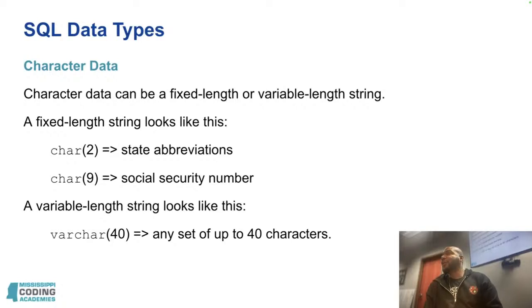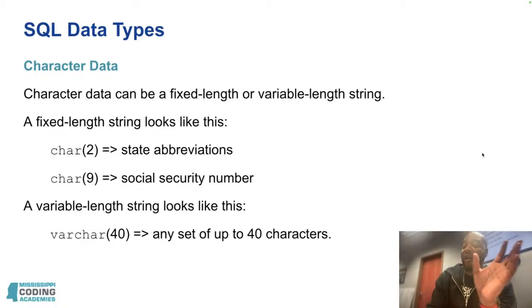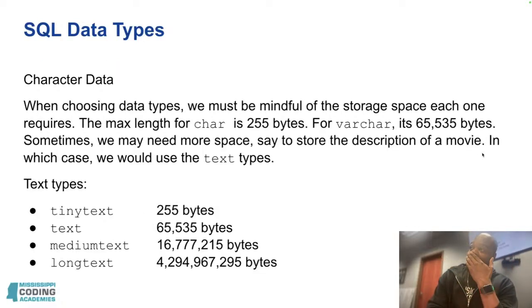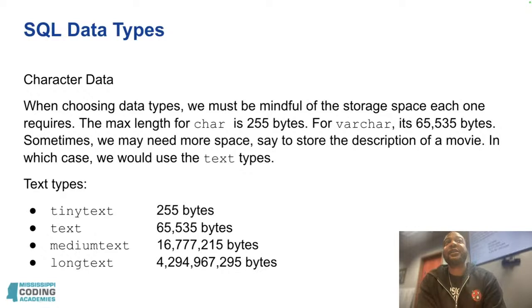A variable length string looks like this. We use varchar, and then we specify a number. So this represents any set of up to 40 characters in this example that we have here. So we have char, varchar. When choosing data types, we must be mindful of the storage space each one requires. The max length for char is 255 bytes. For varchar,